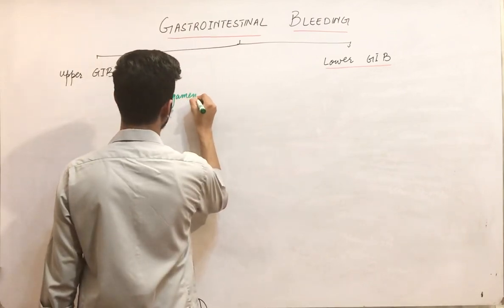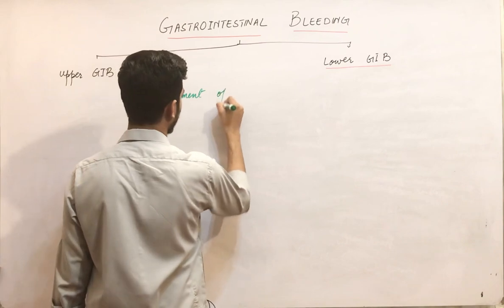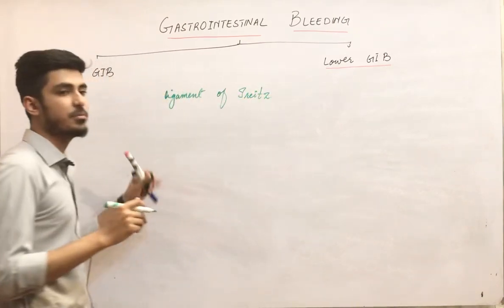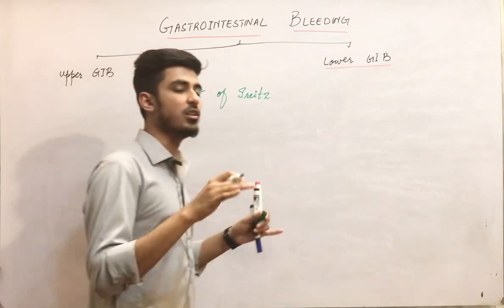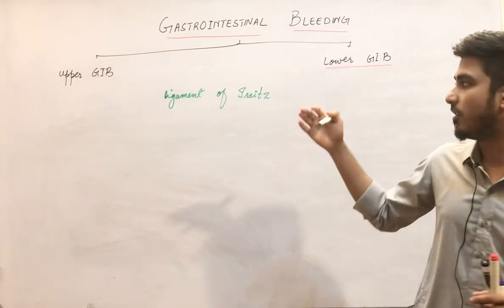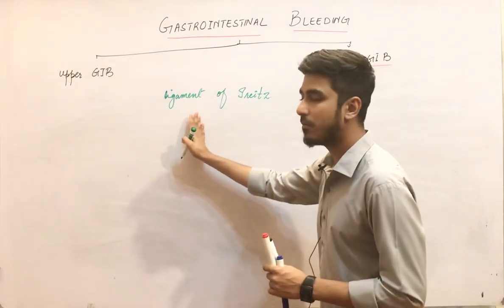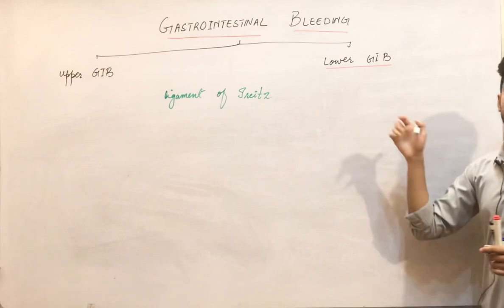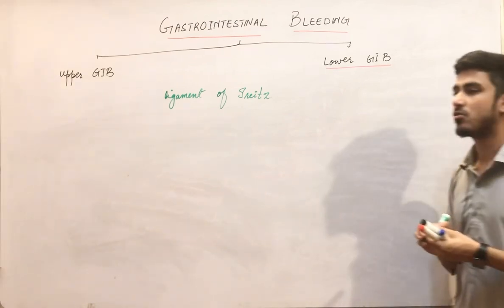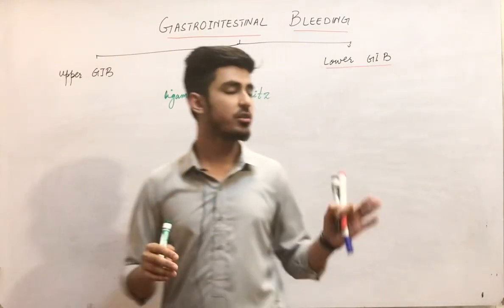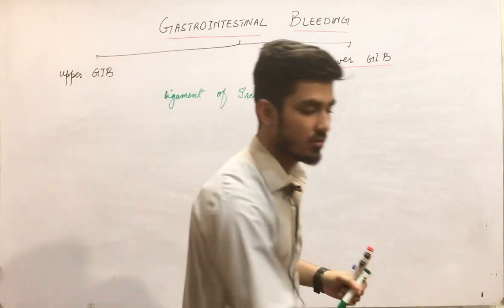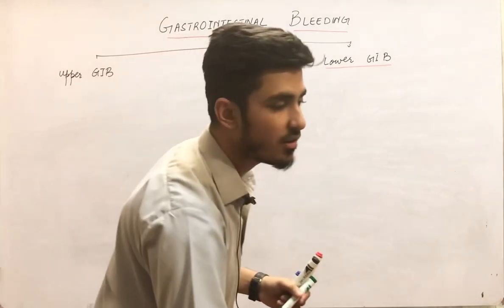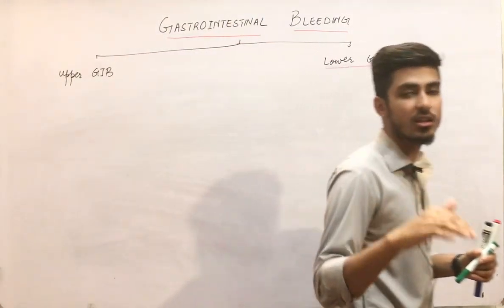We have divided them on the basis of an anatomical landmark that is called the ligament of Treitz, that is present at the duodenojejunal flexure basically, and the bleeding above this ligament of Treitz is called upper GI bleeding, while the bleeding below this is called lower GI bleeding. So today our topic is lower GI bleeding. Simply defined, it is the bleeding that is occurring below the ligament of Treitz,